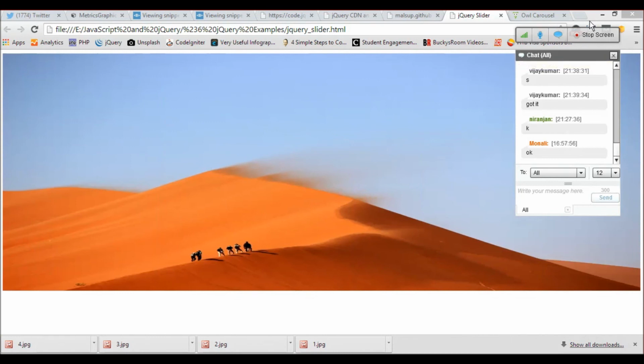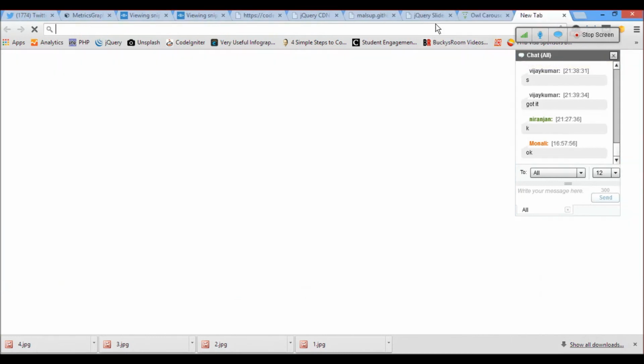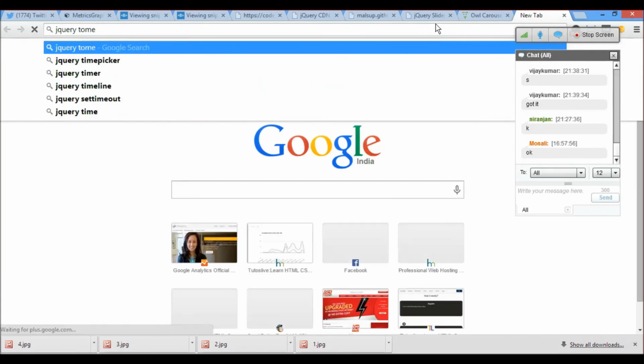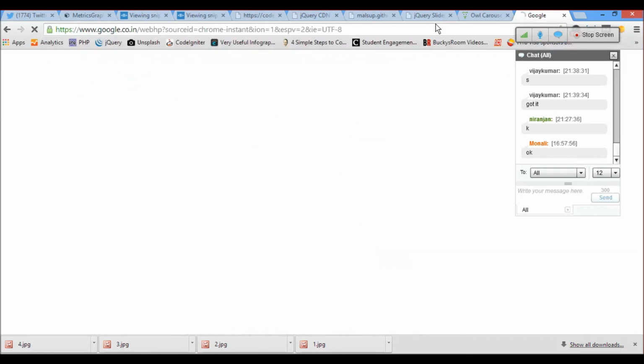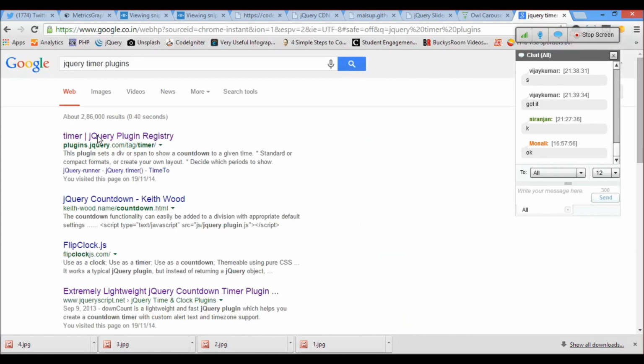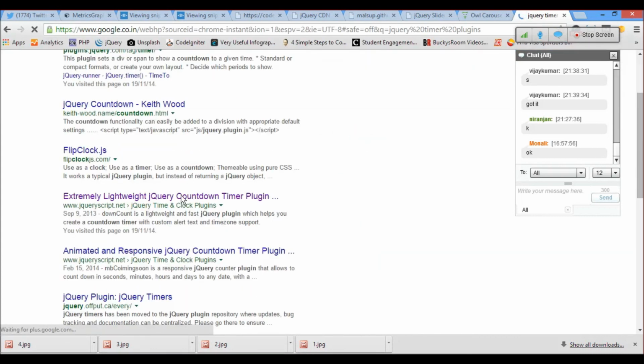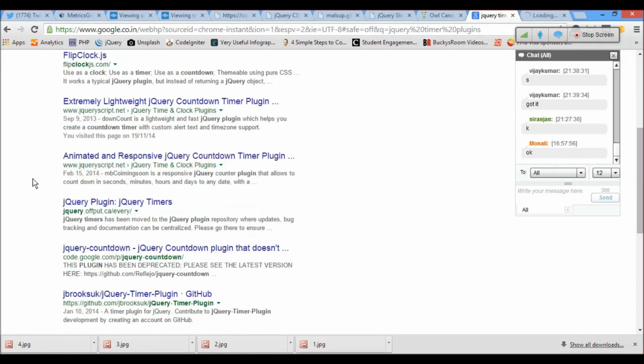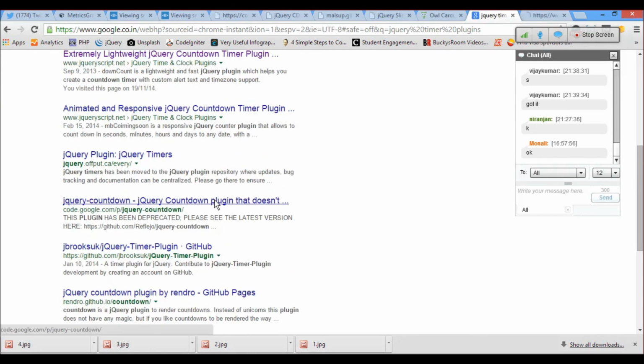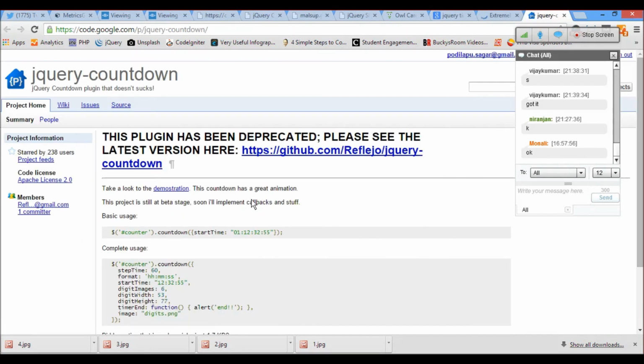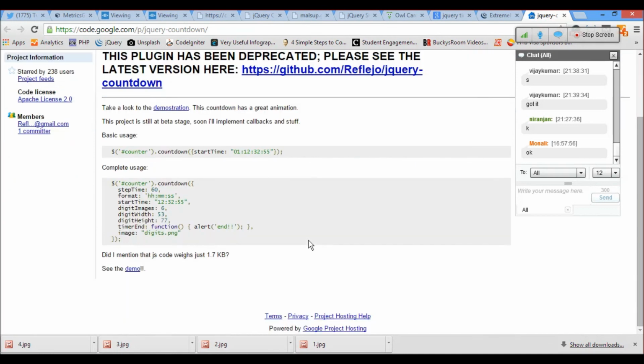So will you guys do one thing as an assignment? There is one super plugin for timer, jQuery timer plugins. Not this one, I guess this one, and this one, I guess. Okay, this one.